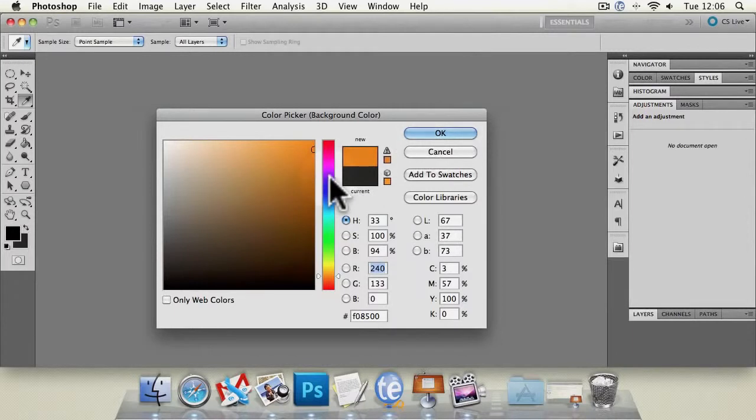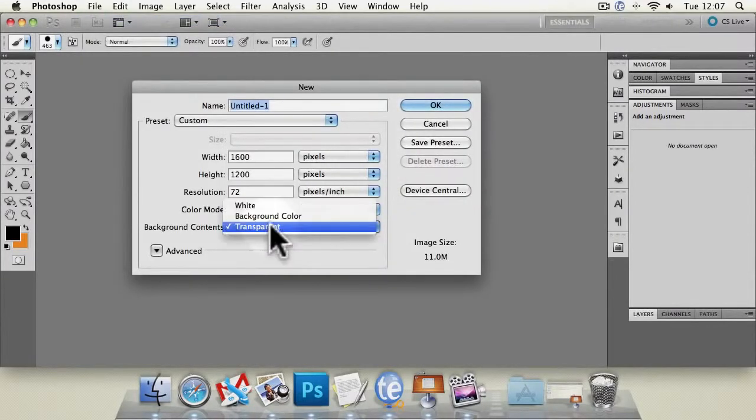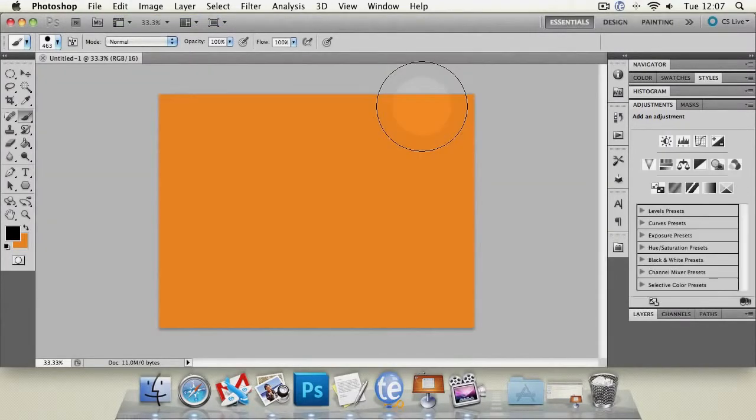Now this just saves you a little bit of time when you're creating your document, and it just makes things a little bit easier. So if you pick your colour by double clicking on the background colour, dragging your mouse around to select the right colour, pressing OK, then you can go to File, New, and you can hit background colour, press OK, and you can see it's that orange colour we've already selected, and that just saves you a couple of seconds when you